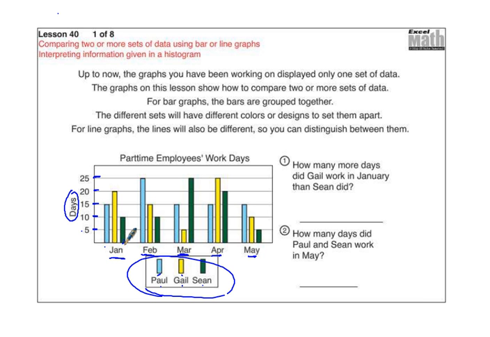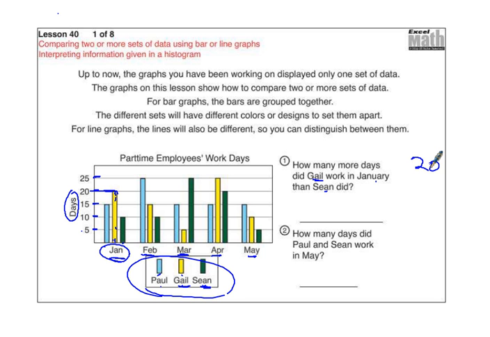So what we have to do is just find out where this information is that they're asking us to solve. It says, how many more days did Gail work in January than Shawn did? Well, here's January right here. We're comparing Gail and Shawn. Gail is the yellow one, so we go up to the top of this yellow one and over, and that means that Gail worked 20